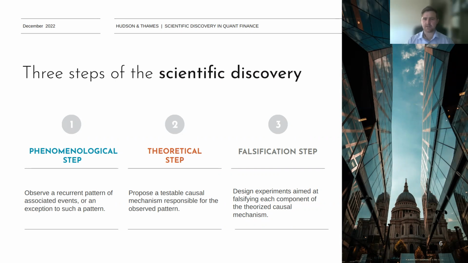Here you want to design experiments aimed at falsifying each component of the theorized causal mechanism. The causal graphs can get very complicated. You don't necessarily just have a sequence from X to Z to Y. There could be another variable M that also influences X, and you want to test that as best you can to compensate for all the different variables and how they interact with each other. That's easier said than done. There's always, I think, especially in finance, some type of latent factor that you can't necessarily observe that's influencing the market. But yeah, that's the last step.